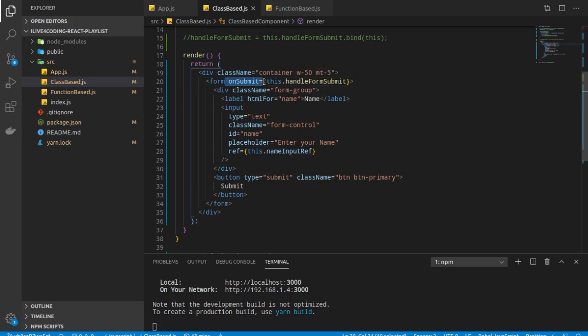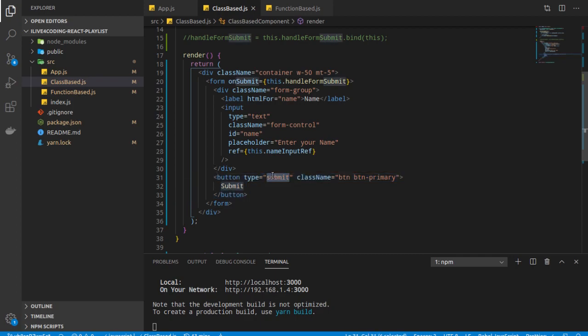This is already provided by React, and then we attach a function which we want to be called whenever there is an onSubmit event on this particular element. This form element will trigger an onSubmit event whenever we press this button, because its type is submit.